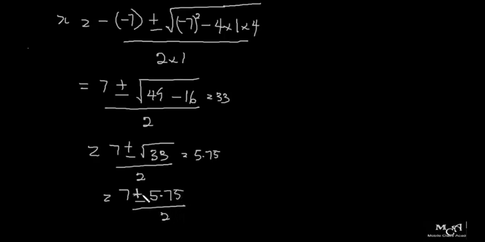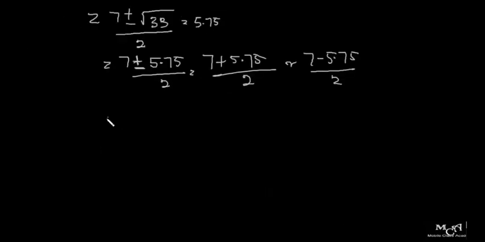Because of the plus and minus, we are going to break this expression into 2, which are 7 plus 5.75 all over 2, or 7 minus 5.75 all over 2. This will give us 7 plus 5.75, that's 12.75 over 2, or 7 minus